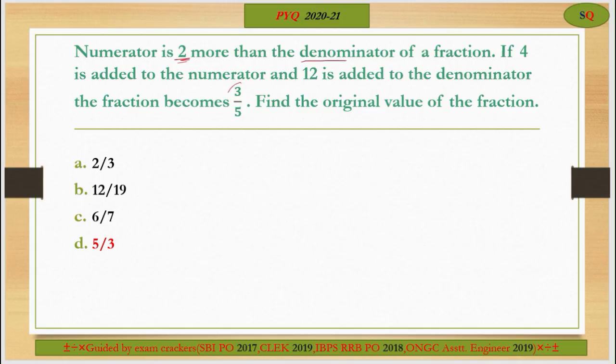just look at the fraction here, 3/5. Now it is denominator, it is numerator, but here it says the numerator is 2 more than the denominator. Just we have to reverse the fraction. 5/3. Here the numerator becomes more than the denominator by 2. So the answer is D. Next,